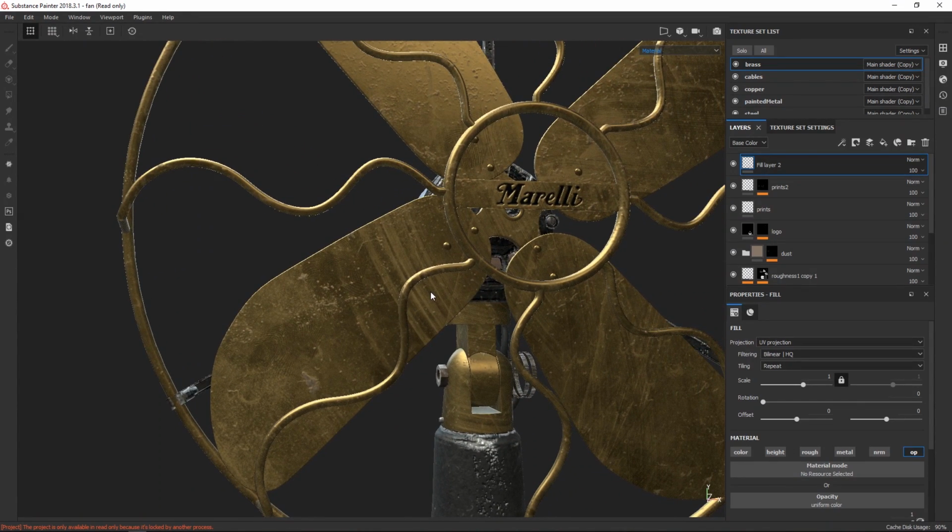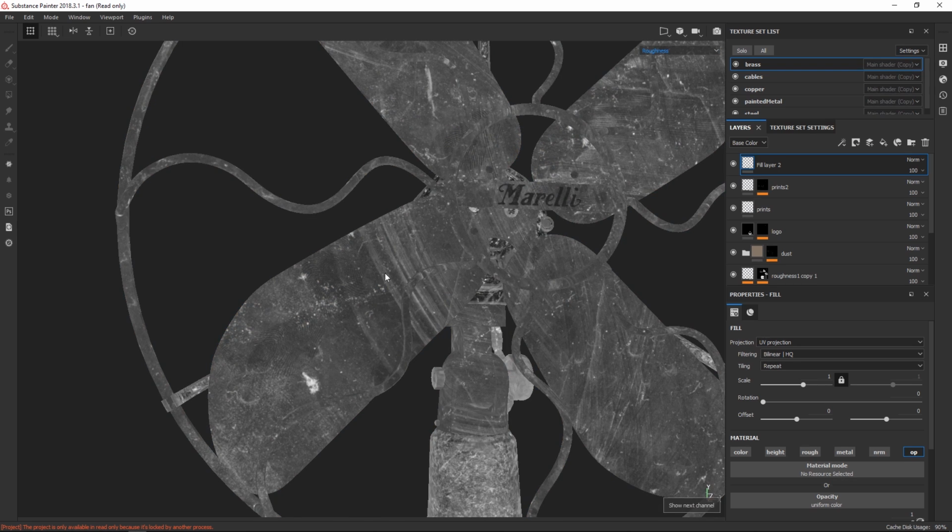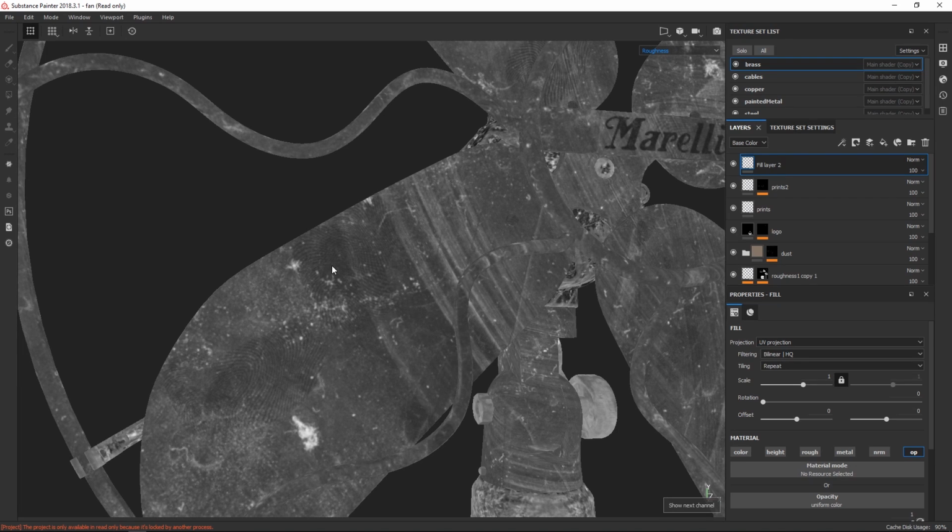Back in the old days, before we had PBR, you would paint a lot of specular maps. We don't really do that anymore. Essentially, all the reflections are controlled by a single map, and that's called a roughness map. It can also be called a glossiness map. The difference between these two is that if we look at our roughness map, everything which is dark or black is really sharp, and everything which is white is really broad reflections. In a glossiness map, this is just inverted, literally the only difference between them.